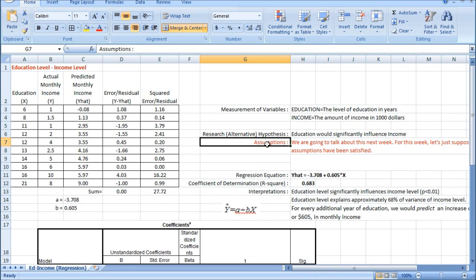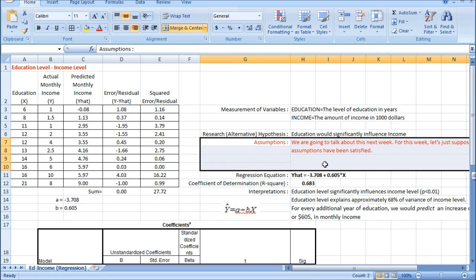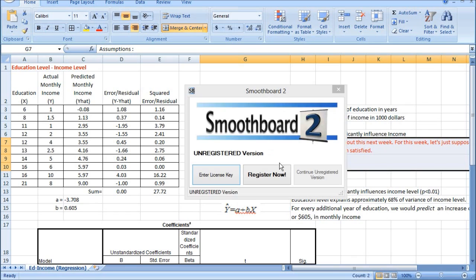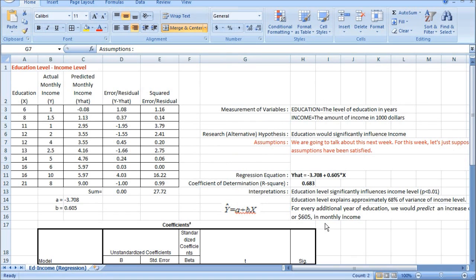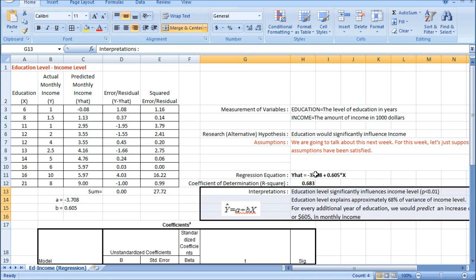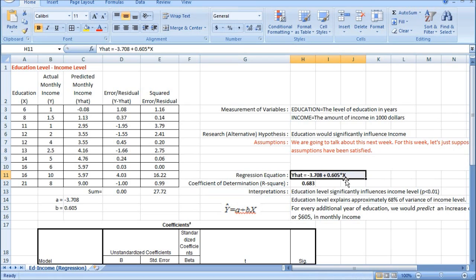This test of assumption should go first, and when we see the assumption satisfied, only then can we use this regression equation safely, and we can safely make interpretation and conclusions based on the significance of the relationship between independent variable and dependent variable.